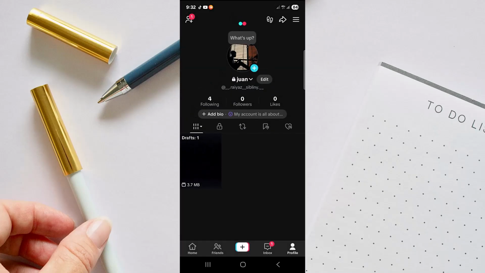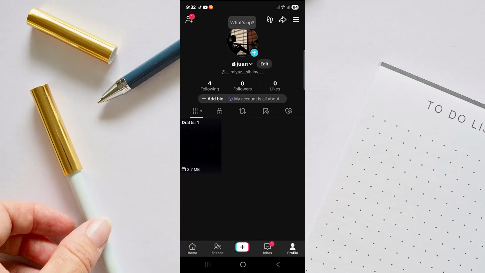So as you can see, my story is now deleted. So yeah, this is how you can delete your